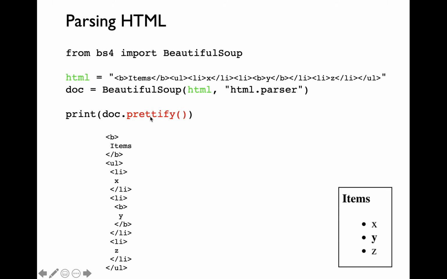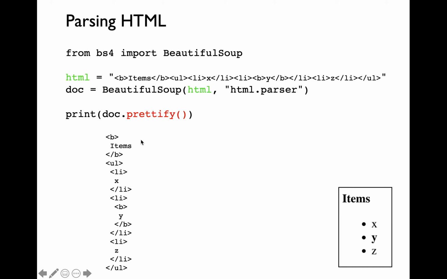Let's first learn about the prettify function as part of the bs4 module. I'm sure all of you are familiar with the fact that when you have HTML file format or JSON file format, if you do not have a pretty version of the raw file format, it is going to be very difficult for you to read the contents of the file even though it is plain text.